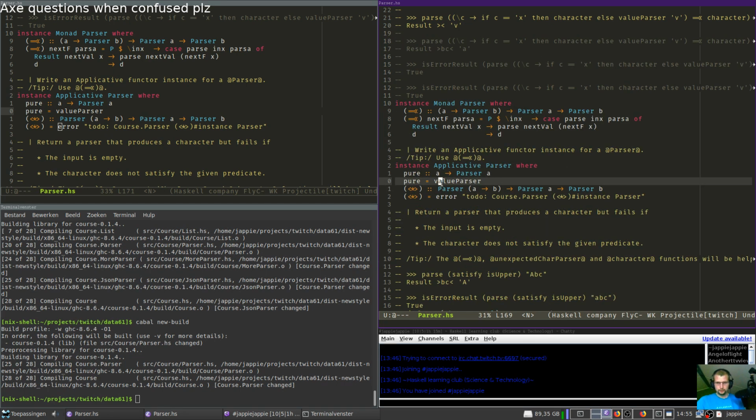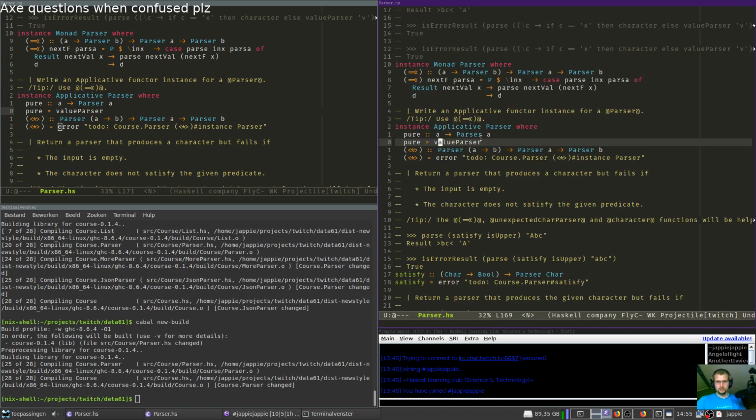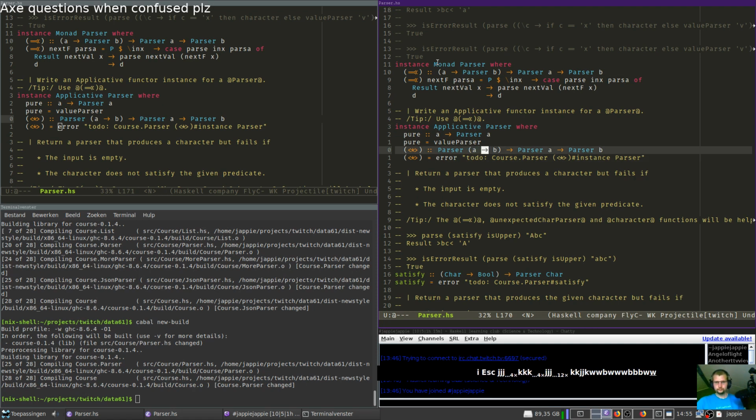Applicative's first value is pure, which just puts your value into whatever structure you want. And then the second thing you get from applicative is this. Because you implement the monad, you also have to implement applicative. You get this parser which has a function inside, and you jam the parser with a value inside into it.